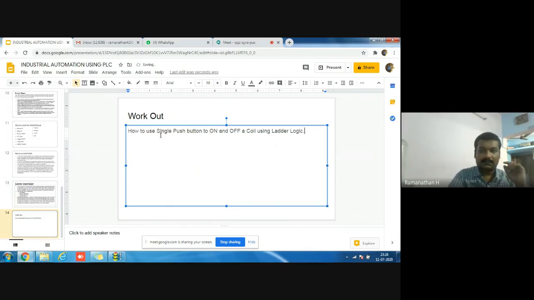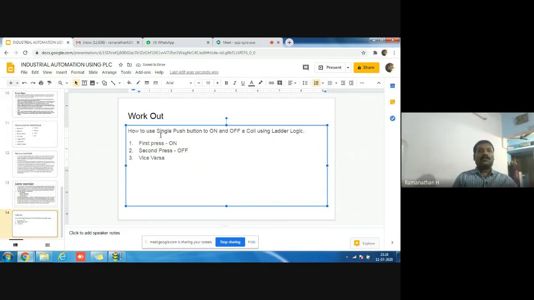By using a single push button, the first press on, same push button, second press off, and vice versa.